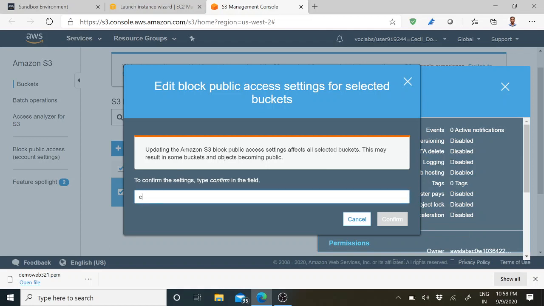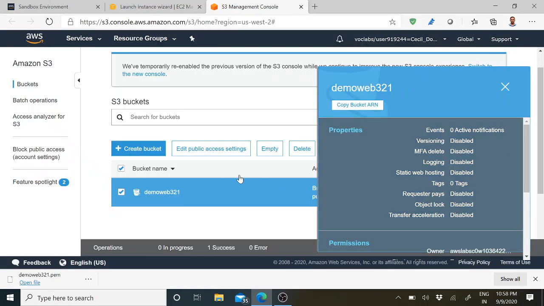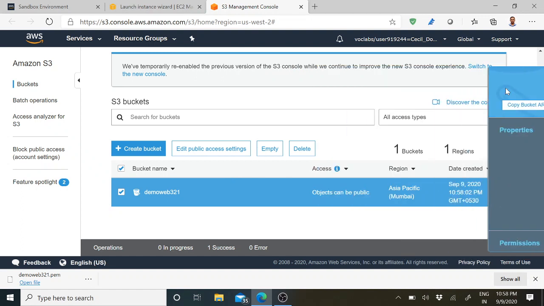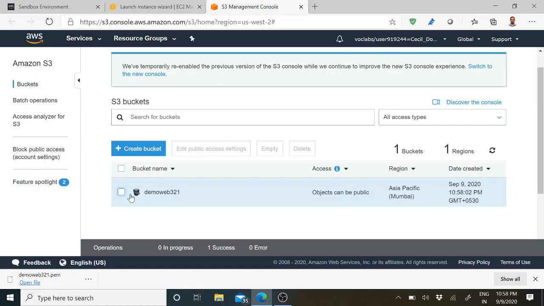You have to confirm with the text confirm. Then only the settings will be saved. This is just to identify whether these things are given by the human or the machine. Now you can see here the access is changed to the public. Okay, once it is done, you just open the bucket.